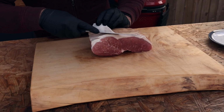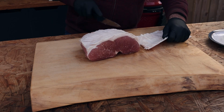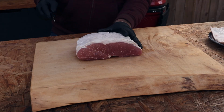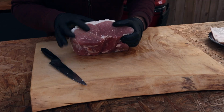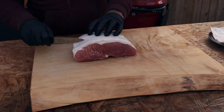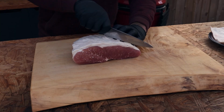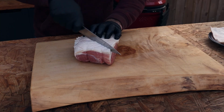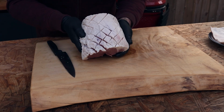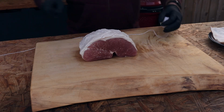Try and keep that fat on there. So that has left a nice little layer of fat on there. It's not too thick, so it should render down pretty well whenever we're cooking it. Now we're going to go ahead and score it with a crosshatch. Now I'll just open up that fat cap layer, let some of the seasoning get down in between so it gets into the meat. Roll off a couple of lengths of string,